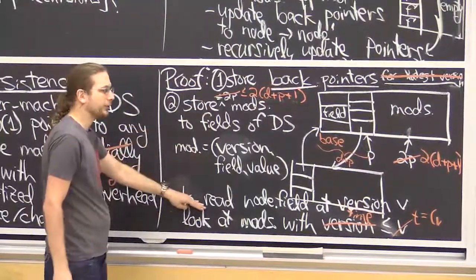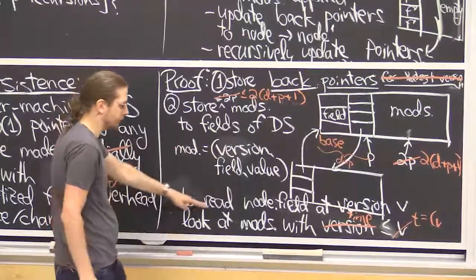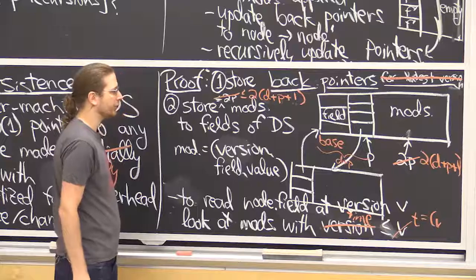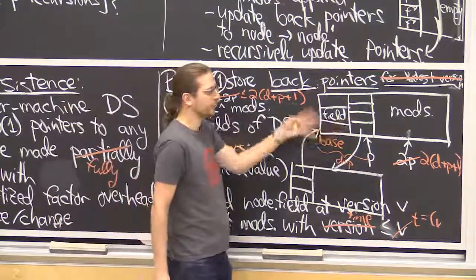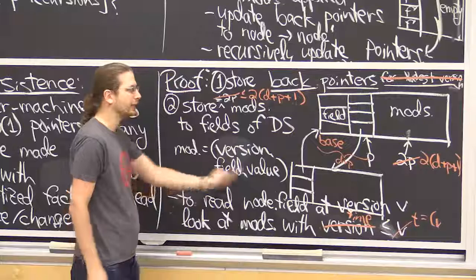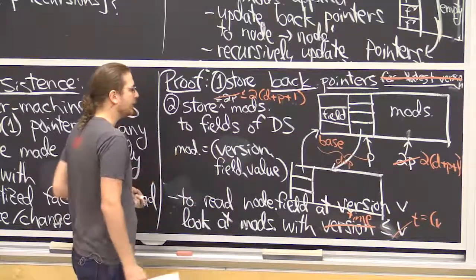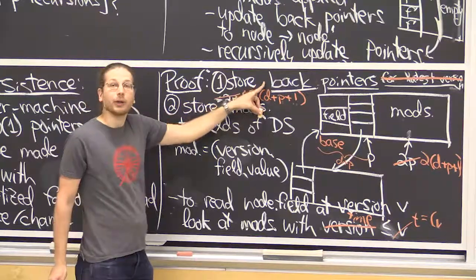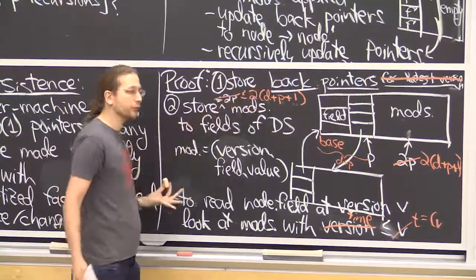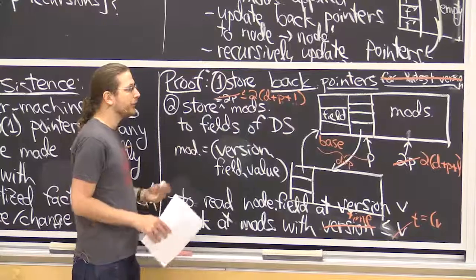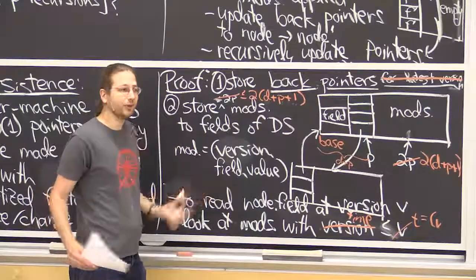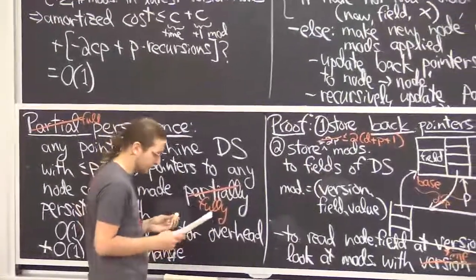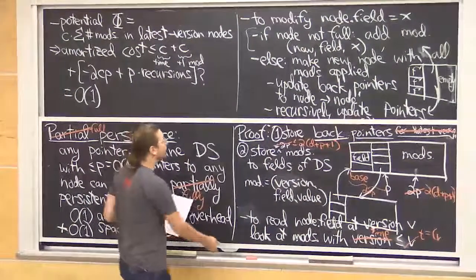And the reading algorithm is just the same. Because we've linearized versions, we can just compare the times using our order maintenance data structure, and we know which mods apply. And so we can reconstruct what this node looks like at each time that it represents. The big question is, how do we maintain the back pointers, basically? Because, again, nodes are moving. We've got to update those back pointers. This is going to propagate in general, and so we're going to have to do a harder amortization than this argument. So let's go to the